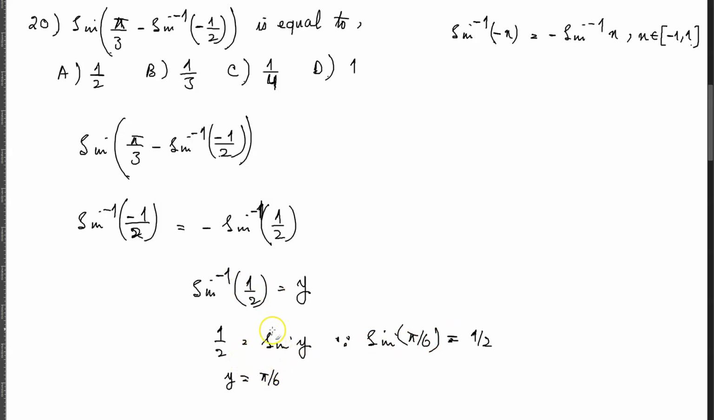And therefore I can write negative sine inverse of 1/2 as negative pi by 6. Negative pi by 6, right? So then this becomes the sine of pi by 3 minus negative pi by 6, and that is equal to